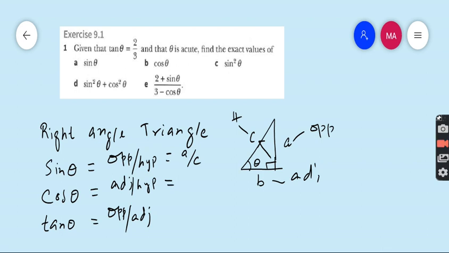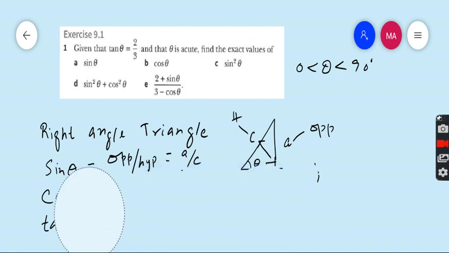What is the formula of cos theta? Adjacent upon hypotenuse, B upon C. What is the formula of tan theta? Opposite upon adjacent, A upon B. So these are the three trigonometrical ratios, sine, cos and tan, which can only be applied in a right angle triangle. Or you can say we can apply trigonometrical ratios only to an angle which is acute. Acute means an angle greater than 0 degrees and less than 90 degrees. So with this concept we are able to start